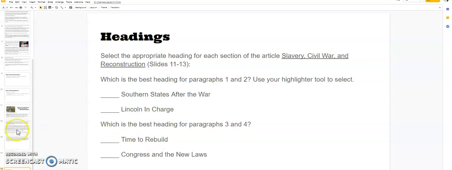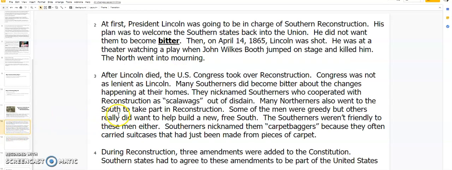For paragraphs 3 and 4, you're going to go back to slide 12 and slide 13. So we have 3 and 4 here. You're going to